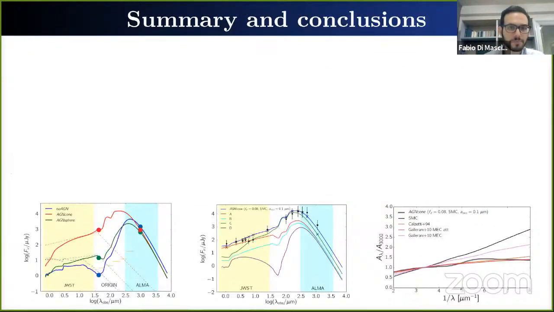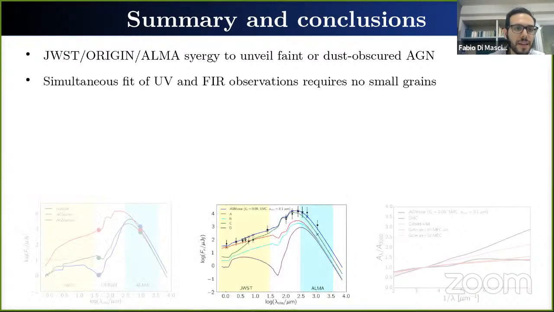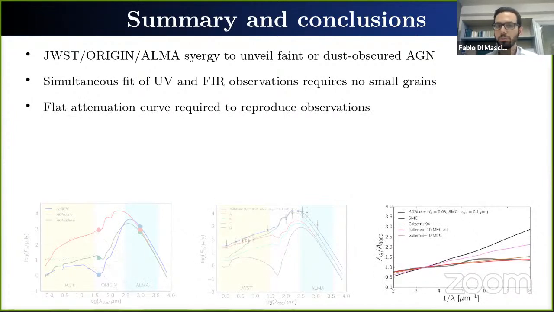So I will summarize the main results, the main points of my talk. We show how, by using the mid-infrared and far-infrared ratio, and so the synergy between the corresponding facilities, we might be able to unveil fainter dust-obscured AGN. Then we also fit the multi-wavelength data of high-redshift quasars, and we find that in order to match the observations, we need to assume the absence of small grains, and as a consequence, the attenuation curves that we predict are essentially flat. And in the future,